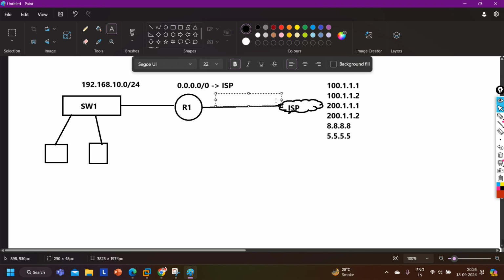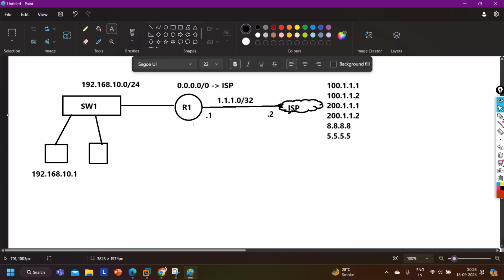So let's say your public IP address is 1.1.1.0/30, meaning you have two public IP addresses. One you configure on your side and one is on the ISP side. So let's say .1 is your IP address and .2 is the IP address of the ISP, right? This PC has IP 192.168.10.1, correct?